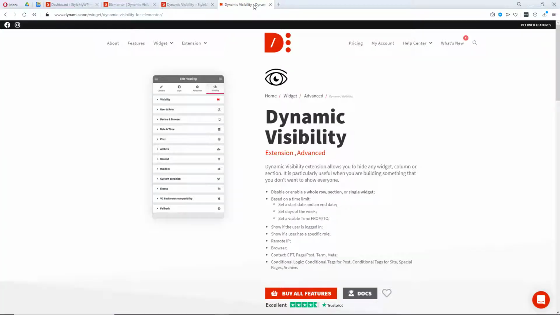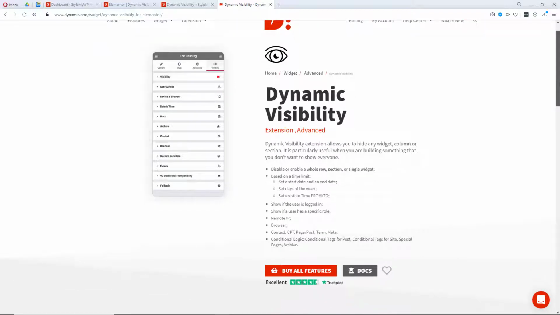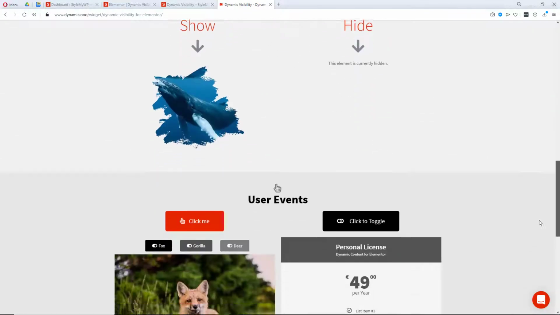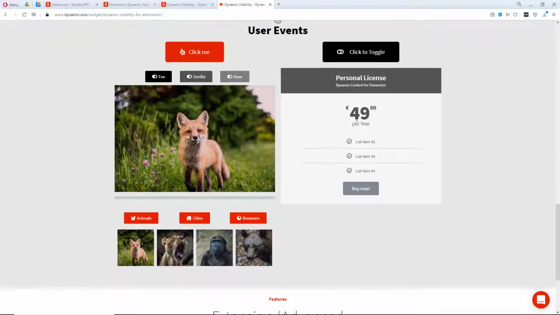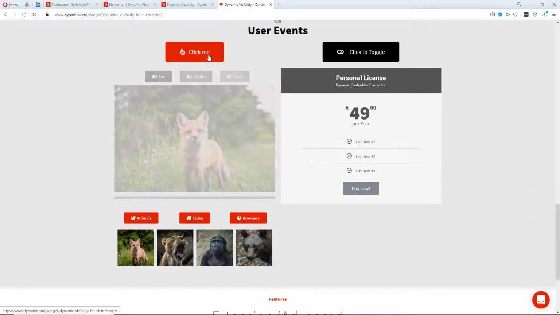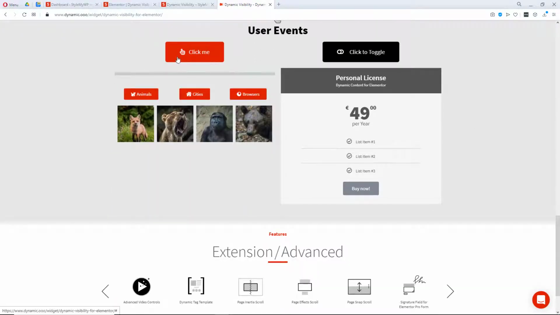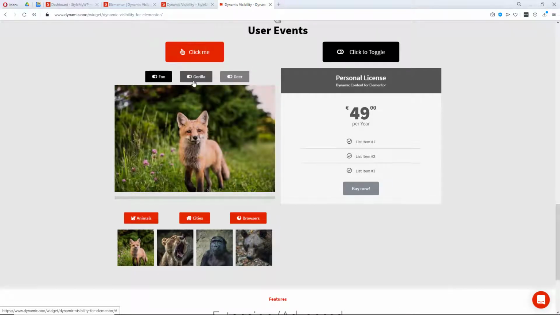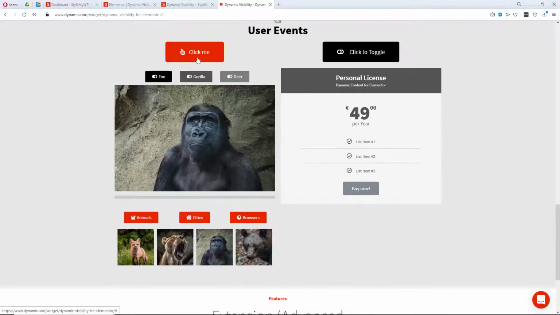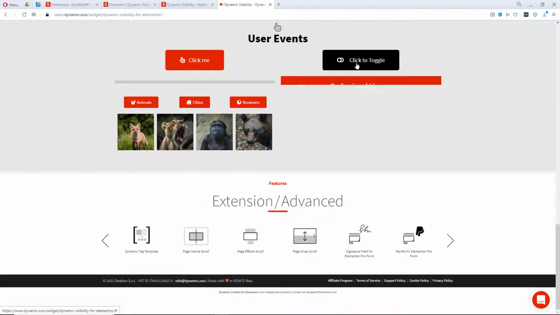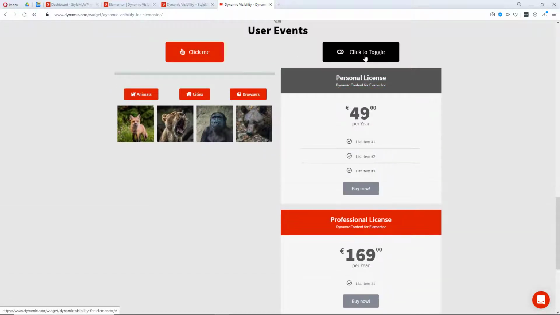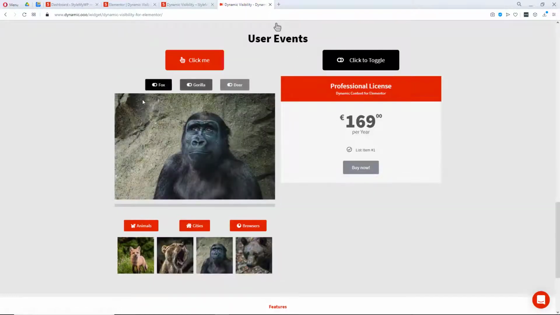dynamic visibility event trigger. And if you are using dynamic visibility, you might have seen this kind of animation on the widget page, and most often people ask how to achieve this effect. This is very simple, just click and show, but a little tricky.